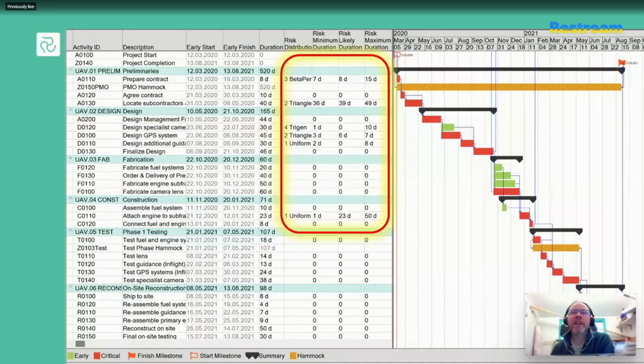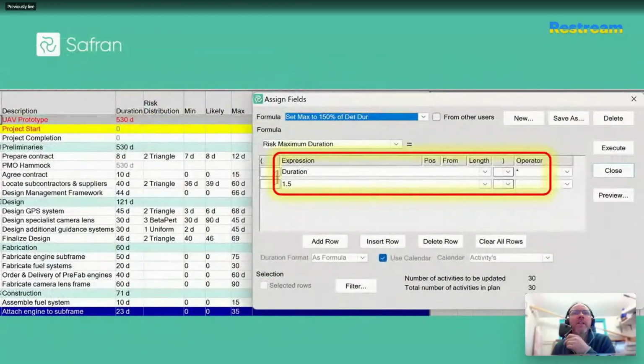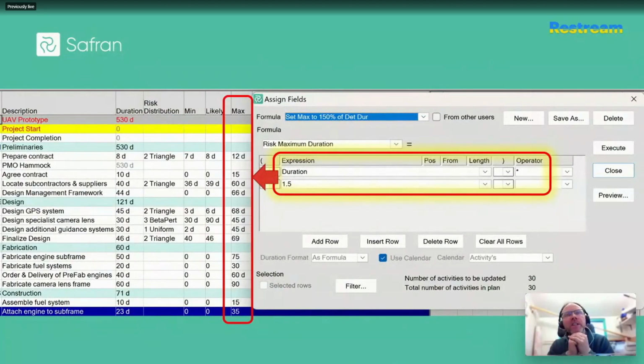So I find that their practice does tend to mature towards either A, settling for a quick risk shortcut and applying the same plus or minus percentages across the entire schedule, or B, they use a complicated formula or set of formulas to only apply certain ranges to certain work packages or work breakdown structures, which is definitely a more progressive approach. It's enhanced, it's better, especially if you actually have that historical information to do this with.